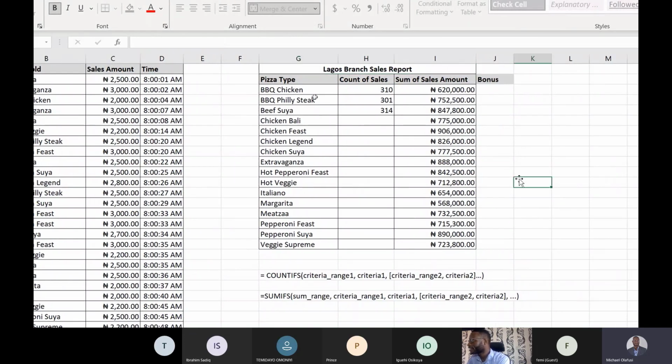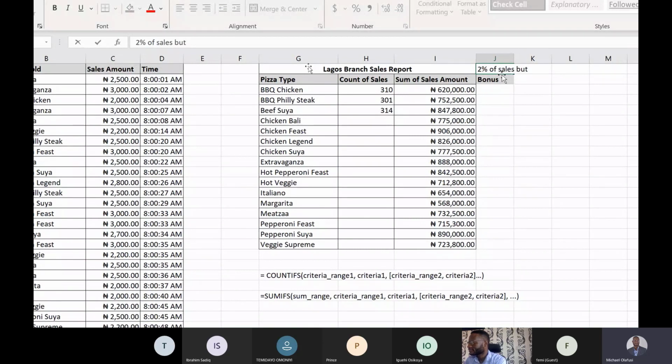sales. So this branch, they are entitled to a bonus. I don't know how they are going to share it. Maybe they will share it equally or whatsoever, but I've seen this happen in some companies where a branch, not a person, gets some bonus, and they have a way of sharing it to all the staff that worked that month anyway. So now this bonus, let's talk about what will make it interesting. Say this bonus is 2% of sales,